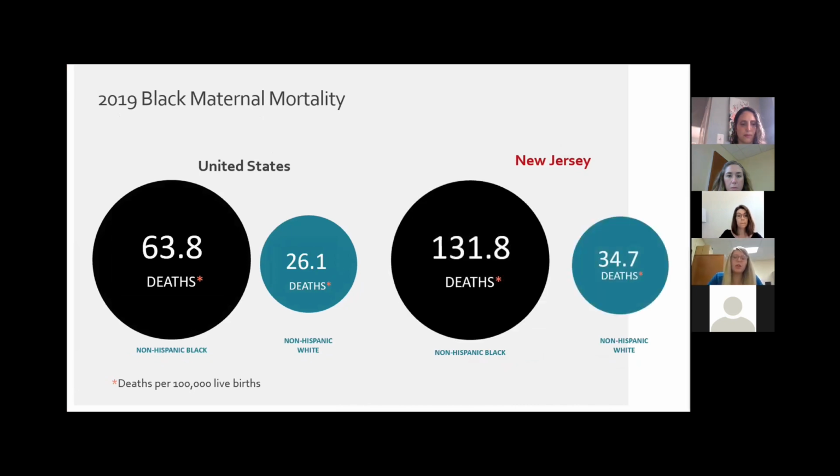We learned that the overall maternal ratio in the United States last year was 29.6. But when we account for race, we see that Black women are dying at a rate nearly 3 times higher than their white counterparts. And for New Jersey, here is the scary part. We learned that our Black maternal mortality rate here in our state is 131.8, when the white women are 34.7. And this means that in 2019, Black women living in New Jersey were 4 times more likely to die than